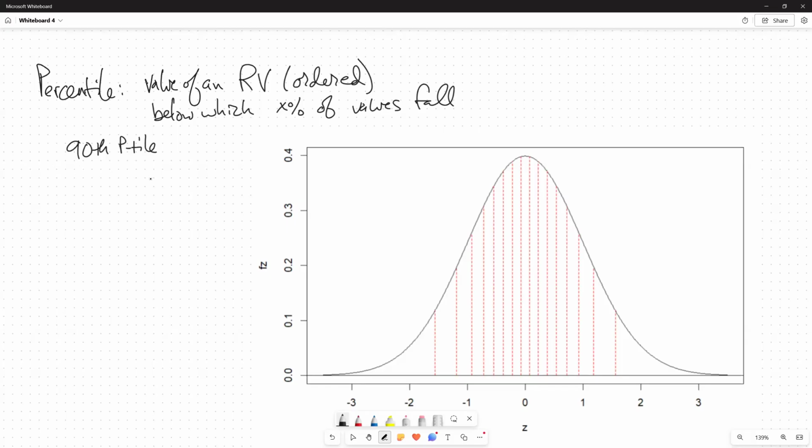We can calculate the 10th percentile, the 90th percentile, the 99th percentile. The 90th percentile is going to be somewhere over here, where we have 90% of the probability below that. So that's percentile. Quantile,